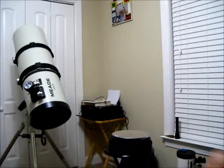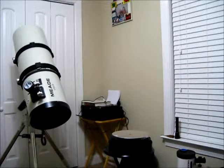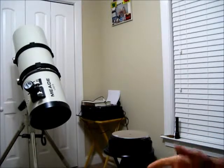First and foremost, as you can see, we've got the primary mirror pulled out of the scope. We're going to put a new center spot on the primary that comes with the Farpoint collimation kit. That's why I went ahead and pulled the mirror out and started getting prepared for that, because the kit should be in this week. I wanted to take a look at the primary and get a look at the rear mount cell and everything. I've got it pretty much all the way broken down. No big deal, just 4 screws, pull it out, and